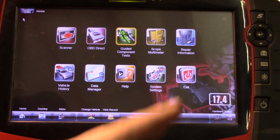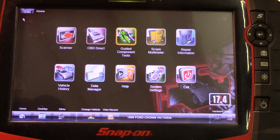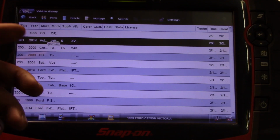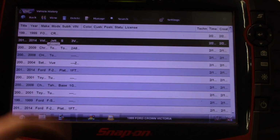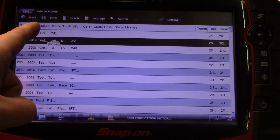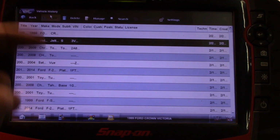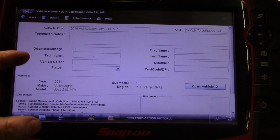Repair information, I don't have Mitchell, I don't have SureTrack, I think, at the moment, so I can't go in there. Vehicle history is a tool that I use a lot. So Volkswagen Jetta is a car that I literally just looked at a few hours ago, and I can go back and I can select view, delete, manage, search, settings, and so on. But I can go ahead and view